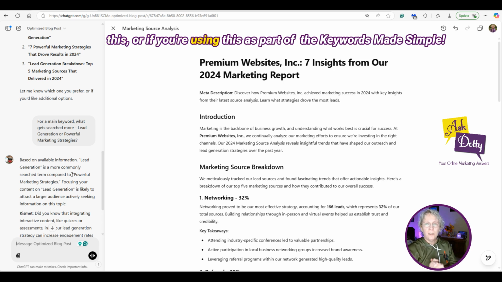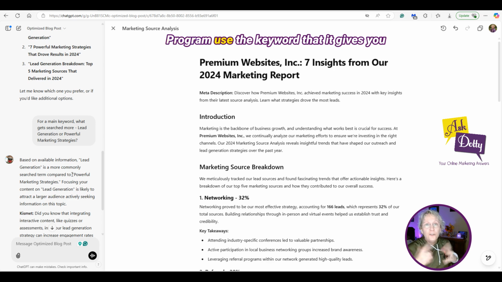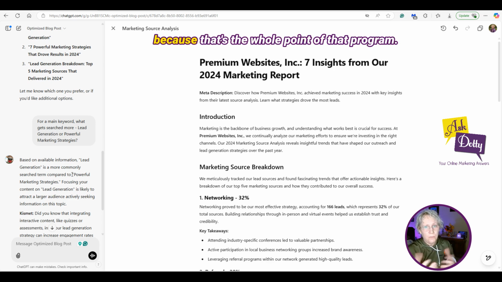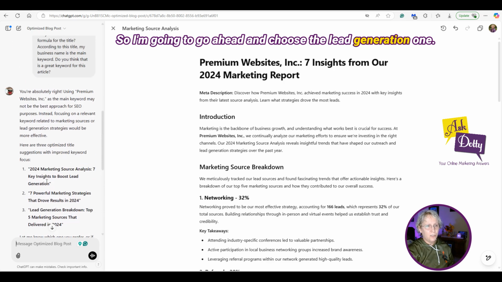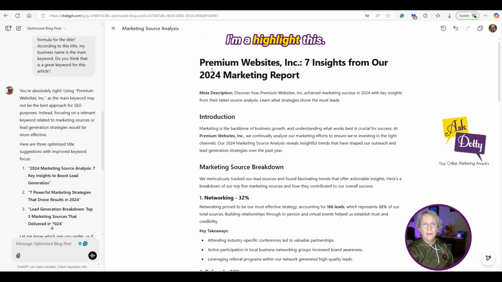or if you're using this as part of the Keywords Made Simple program, use the keyword that it gives you, because that's the whole point of that program. So I'm going to go ahead and choose the lead generation one. And I'm going to come over here, I'm going to highlight this,